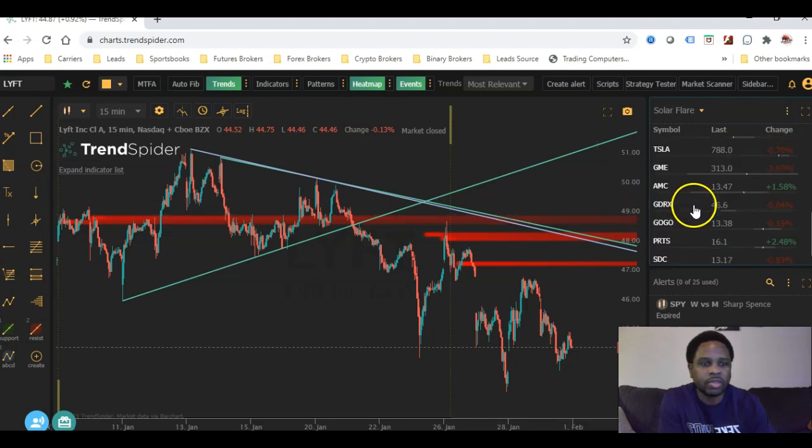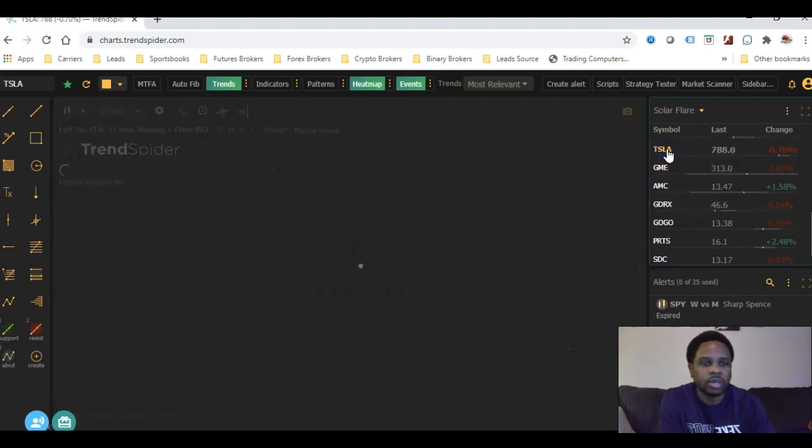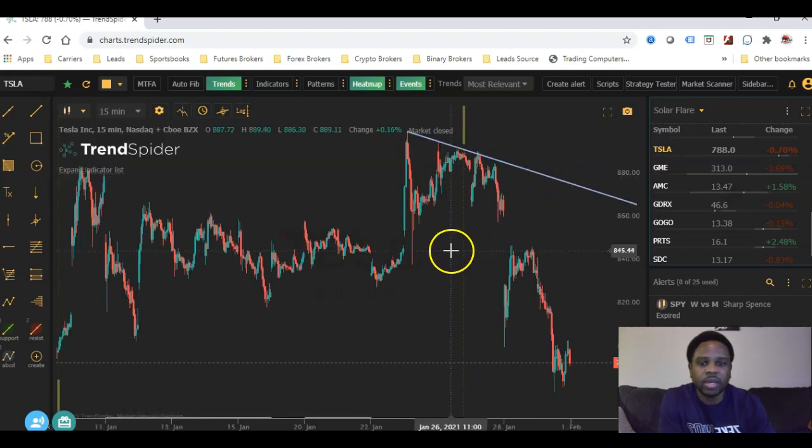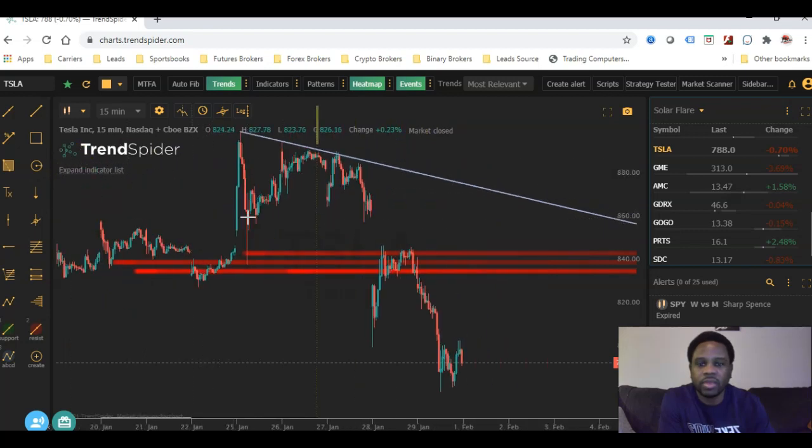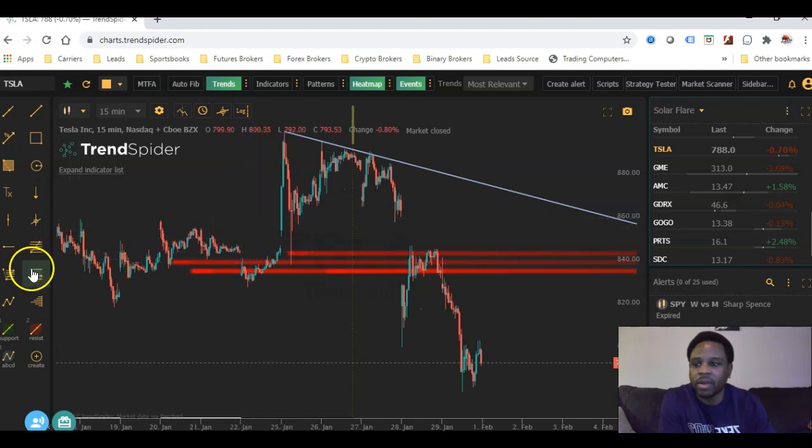And let's see here. Even going back to that Tesla play, we can look at it here and tell that that was a very powerful zone. Because if we drew fibs on here,